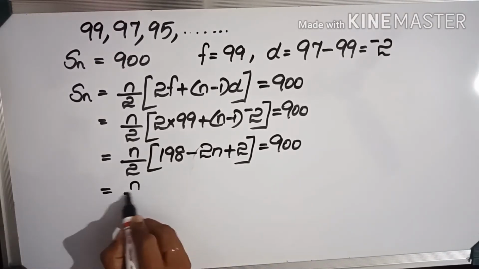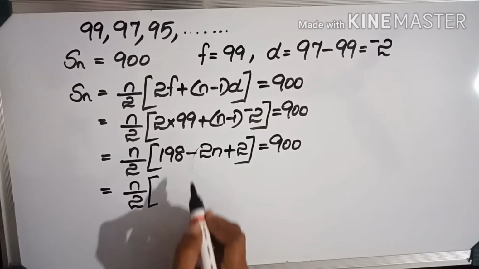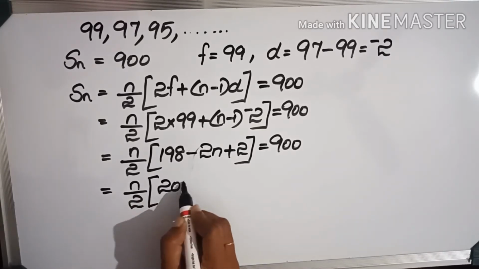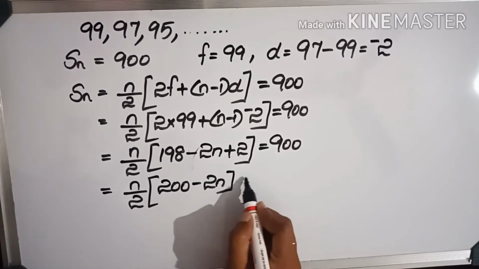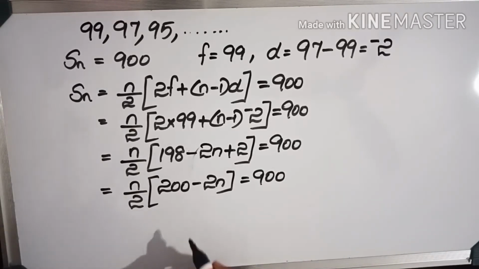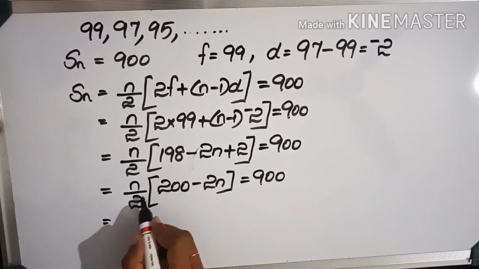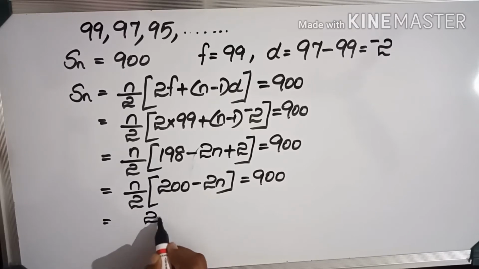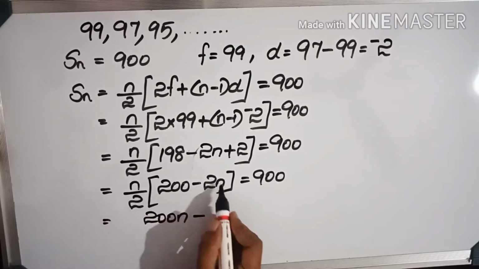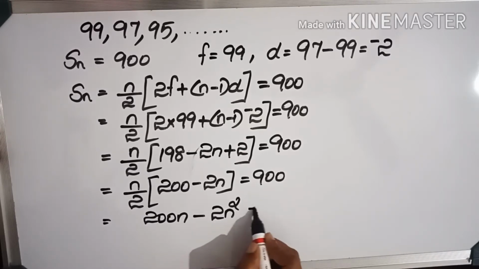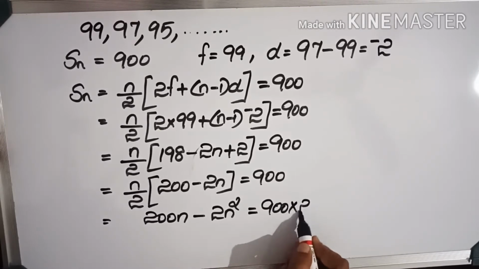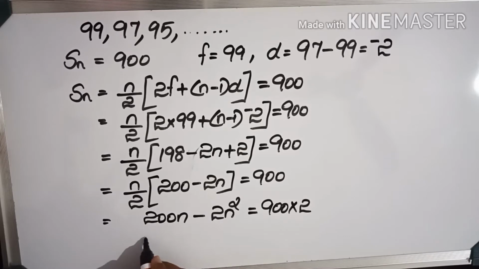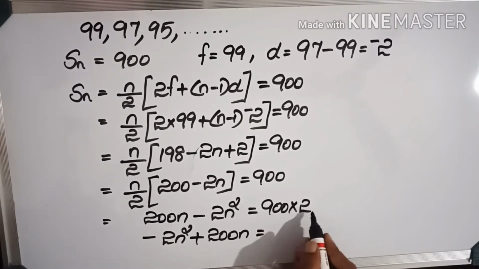Now in the next step, n by 2. Okay, n by 2 into 198 plus 2, that is 200 minus 2n equal to 900. Okay, and in the next step, let's take this by 2 to this side. Here divided by 2, come to this side, it will be into 2. So here the remaining will be n into 200. Let's open the bracket also at the same time. So n into 200 means it will be 200n minus n into 2n is 2n square equal to 900 into 2. Okay, now let's arrange, that is minus 2n square plus 200n equal to 900 into 2, that is